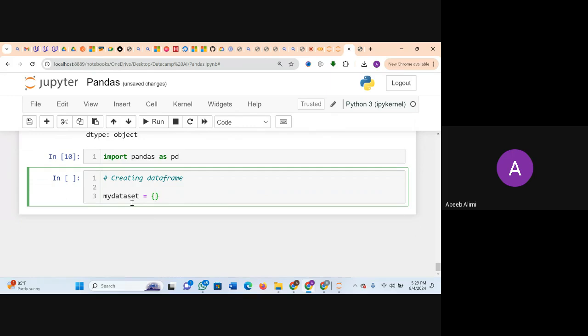What will represent your key is the header of that particular column. So I can say, let's say the first column I have, the header is cars. So I come here and say cars. Then the next thing is, what are the rows? What are the items you have in that particular column? So I can say inside my cars, the first will be BMW. Then the second item will be Volvo. The next item,